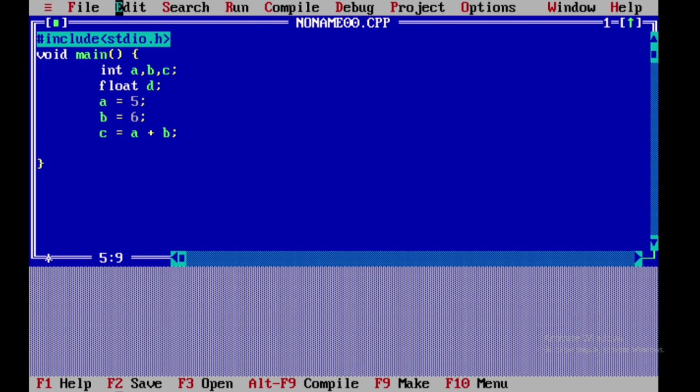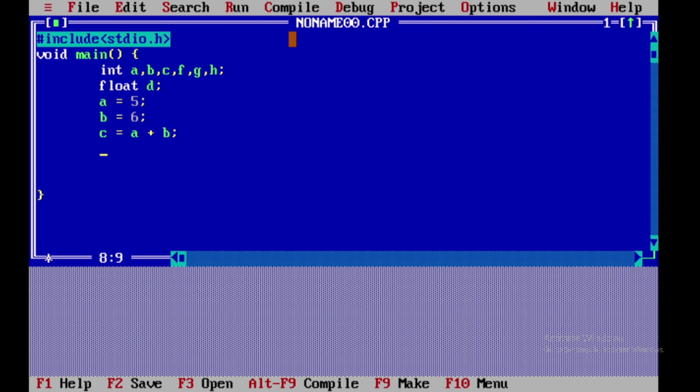And let's take other variables here, d, f, g, h. So let's take some variables here for the different operations. Not d, we will remove this because d we are using as a float.